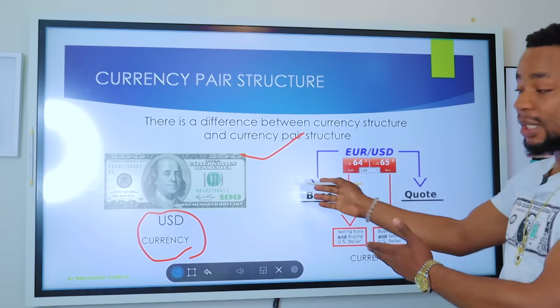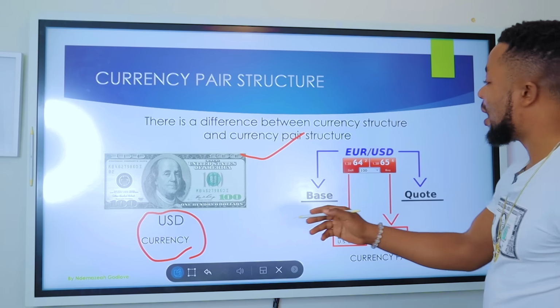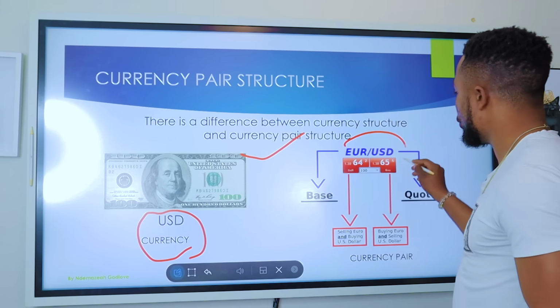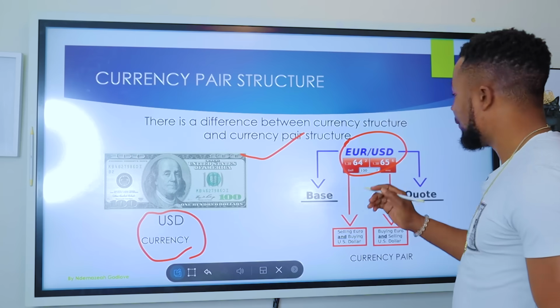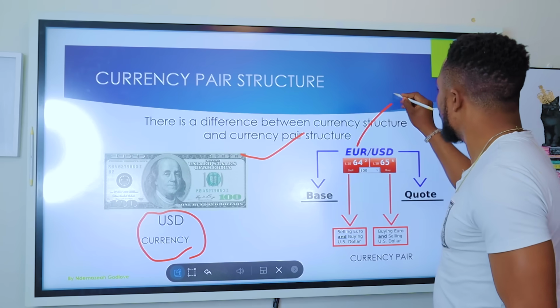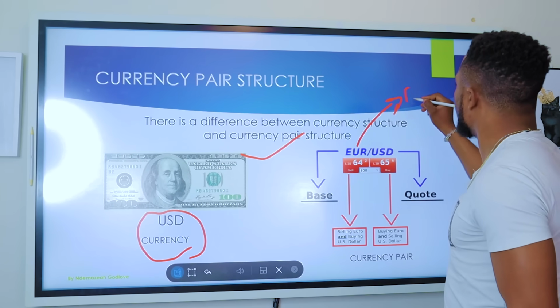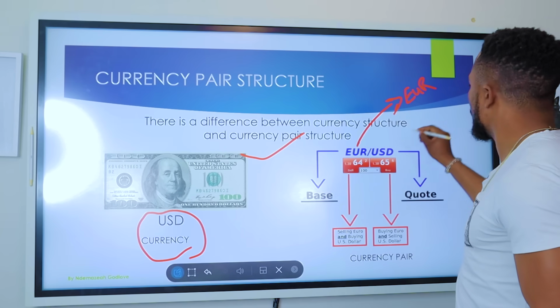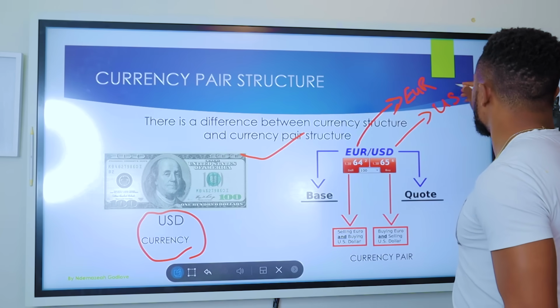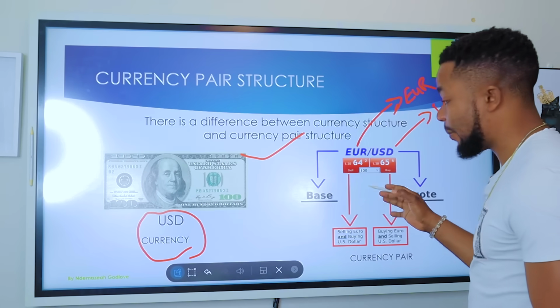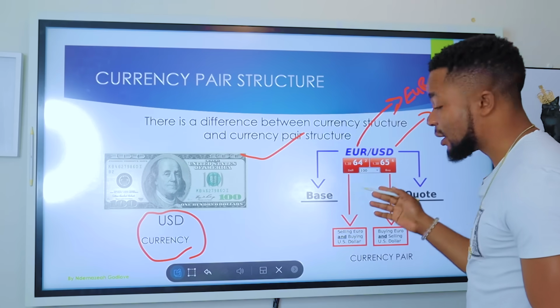That's a dollar, which is a currency. But now, instead of having just the United States dollar as our currency, we have Euro USD. All right, we have Euro USD. We have Euro here, and we also have USD. So we have two different currencies in this particular currency pair, and that's what we are able to trade in